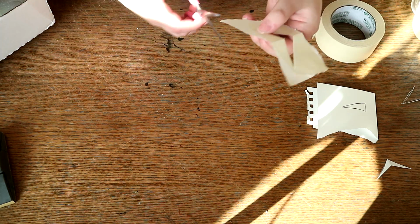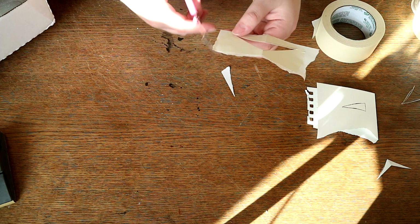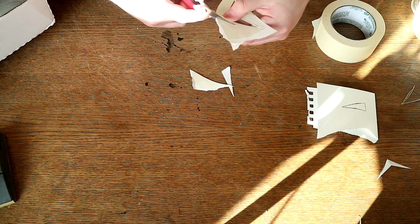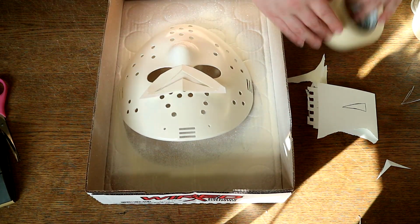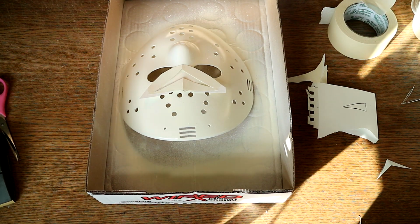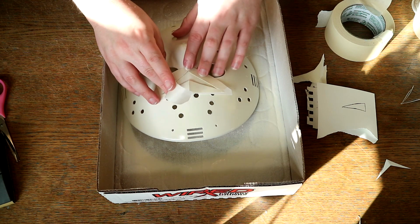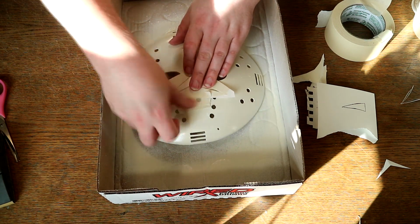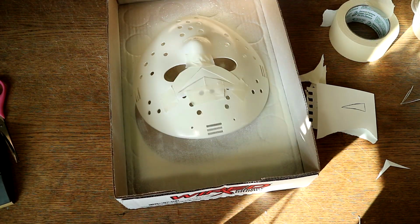And I'm going to actually cut a little bit around this pattern so that there's not so much to it. So it's not such a large pattern anymore. Okay, then we're going to take this, take some tape, and then center this as best as you can. Now that it's all taped down,